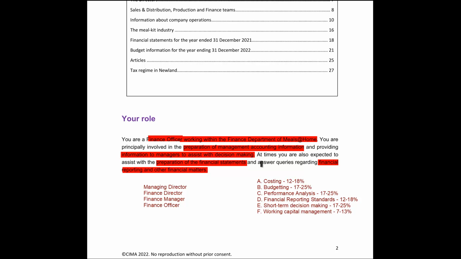So you've got to get thinking about things like KPIs, the different ways that you can analyze the success of a business as a whole, or maybe different components of a business, or different people within a business, all the different ways that you can analyze performance. Then on to D, we have financial reporting standards. And under this one, also we have ethics, governance, those kinds of things. This one is worth 12 to 18%,